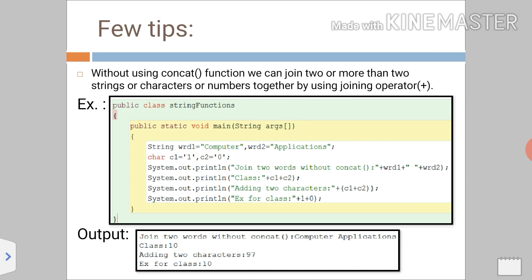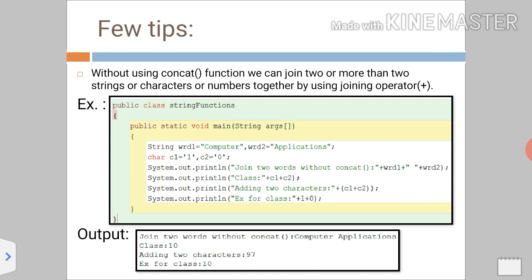And what I want is that both the characters should be joined together. It means 1 and 0 are concatenated together with the help of the plus operator, because we are joining both the characters with a string. When we are joining anything with a string, plus works as a joining operator.